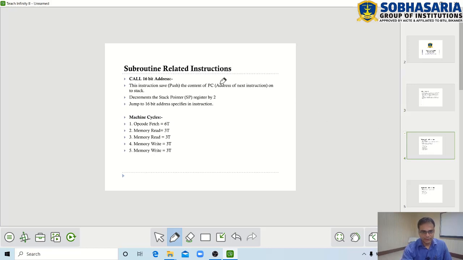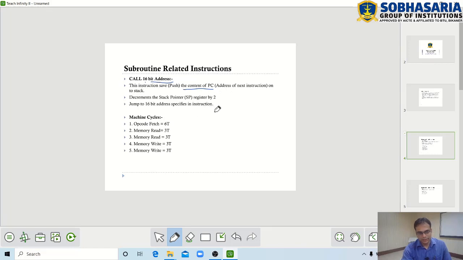First, let us understand how call instruction works. The format of call instruction is call 16-bit address. What does call operation perform? Call operation saves the content of program counter, which is nothing but the address of next instruction, into the stack.